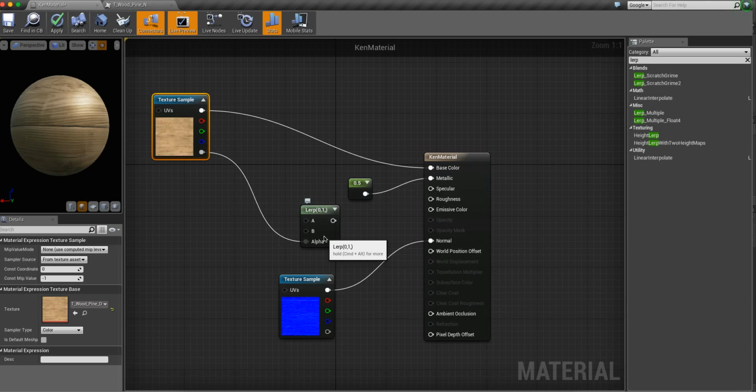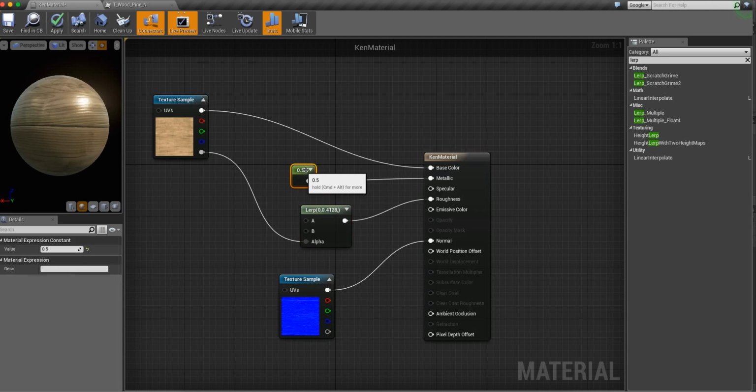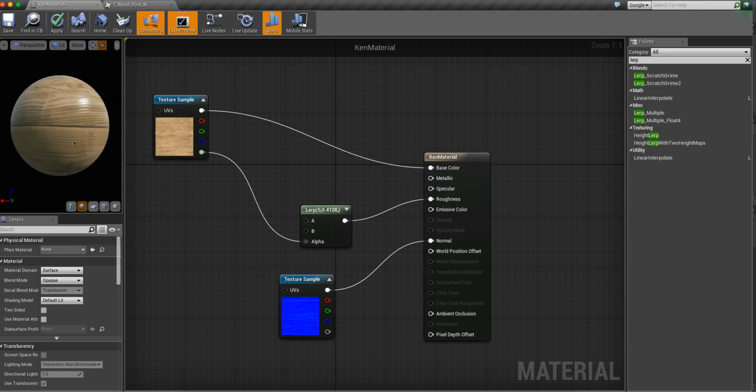And we are going to just assign some numbers to our lerp. Contrast B is going to be 0.4. And we're going to plug this into roughness. The reason why we're doing this is because it gives it a little bit more. I'm going to get rid of the metallic now. It gives us a little bit more texture on our material. And the reason why we're taking the alpha is because the alpha layer, if I can pull it out,